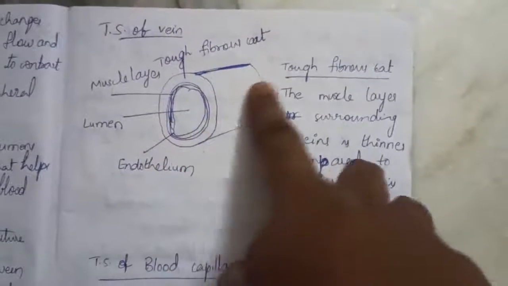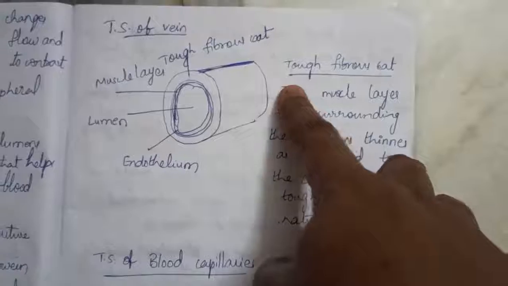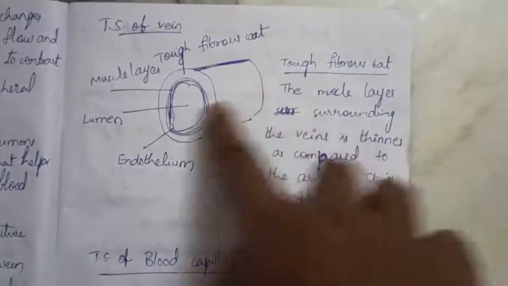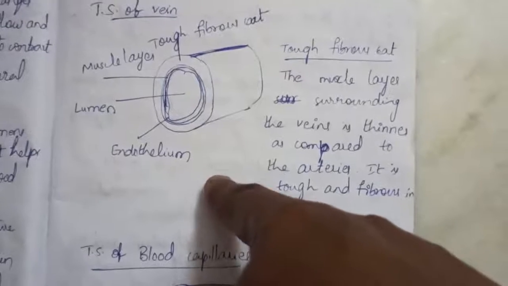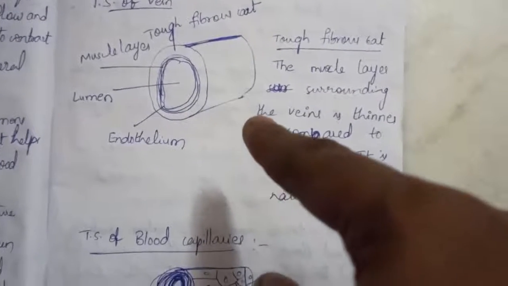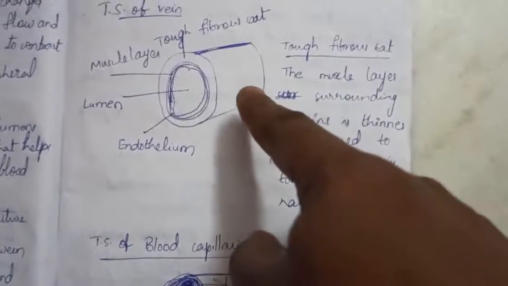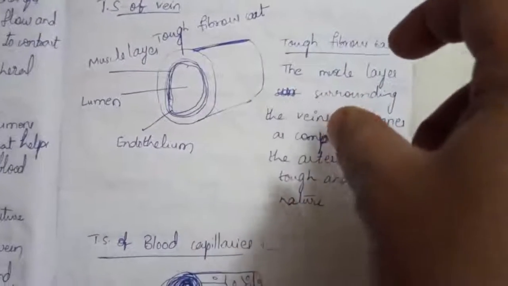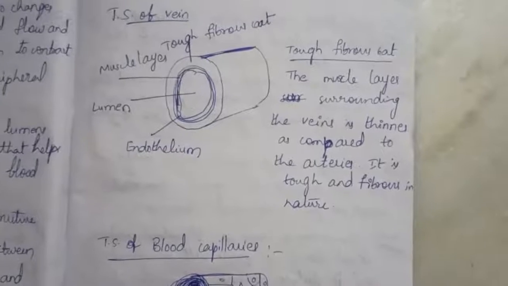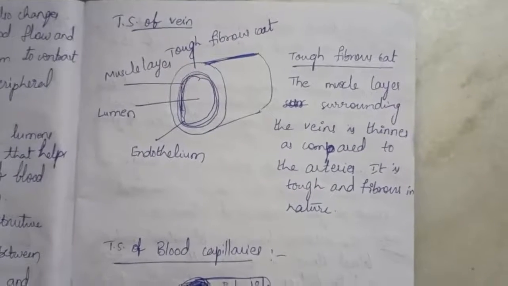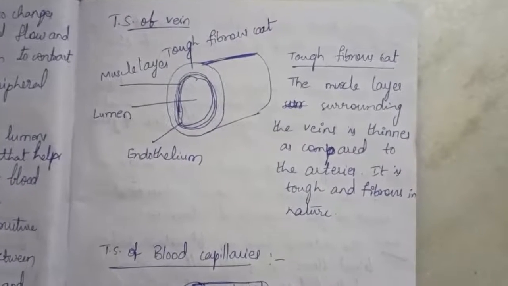Lumen is the entrance space, the tubular space for blood flow. Endothelium is also useful for giving support to the cell and to the vessel, and it is the interface between the blood and tissue, which detects the immune system, blood clotting, and platelet function.